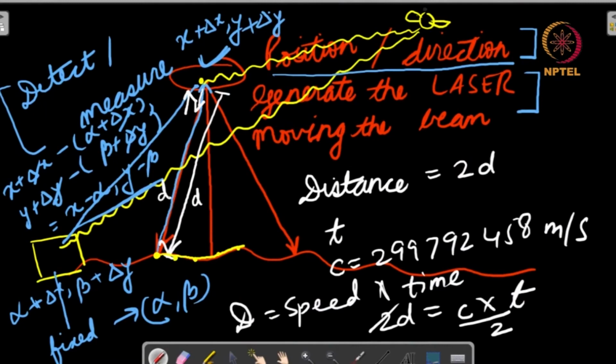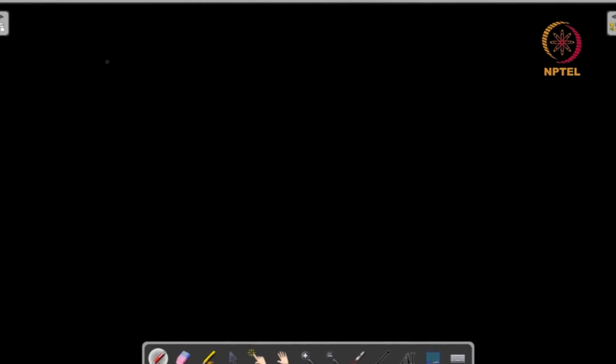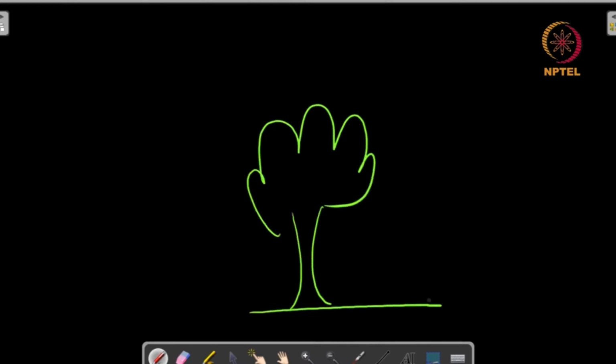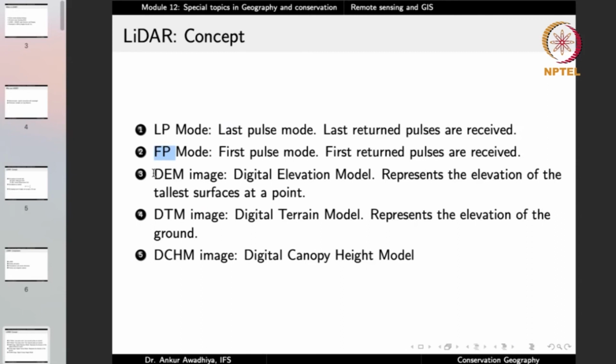Now suppose we have a situation where there is a tree on this piece of ground and we are sending the laser beams. Now the first return will be from this point where the pulse is interacting with the canopy, whereas there will be some amount of light that will be traversing, and then it will hit this spot and then it will come back. So you have these two different returns of the pulses that you have shot, and with both of these we can compute the DEM, the DTM, and the